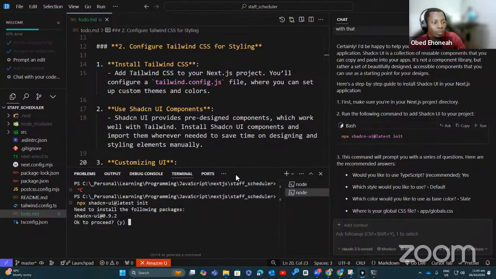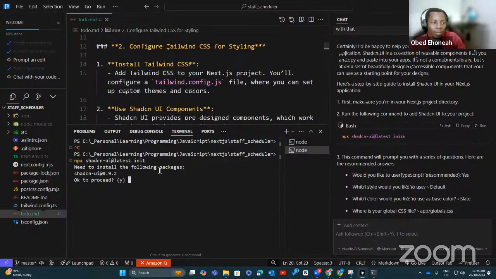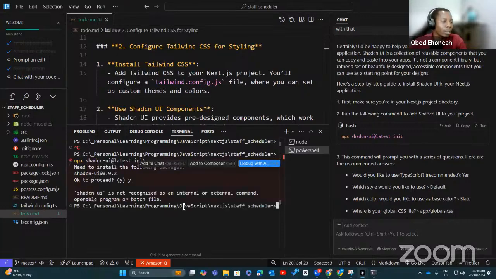So yes, I want to proceed. I hope you guys saw it. I didn't copy and paste. Initially I copied it, but I didn't paste it. I just clicked on run, except that the cursor has to be where you want it to run. So yes, we want to proceed. If you have any questions, please go ahead and ask me. I'm happy to stop and respond.